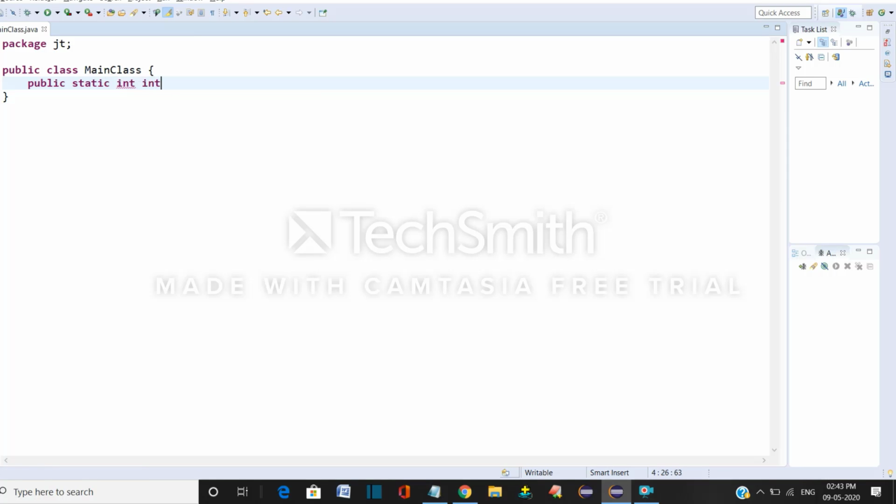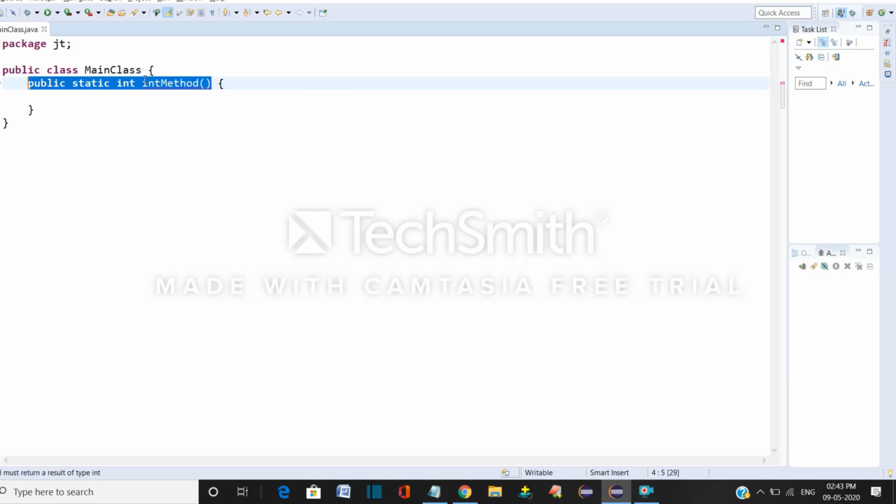After the return type we have the method name. Here I am giving the method name as int method, open bracket, close bracket. This is what is called the method signature.